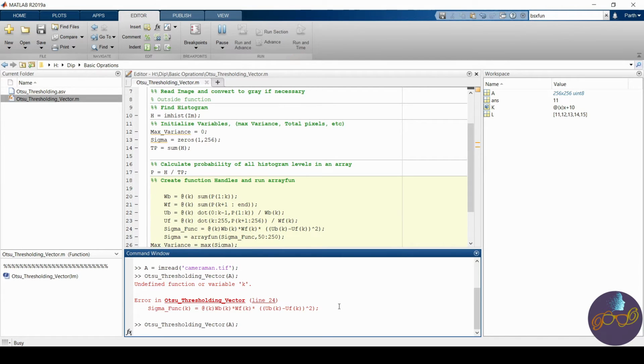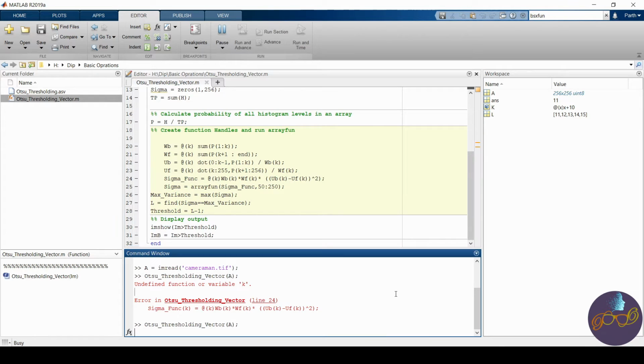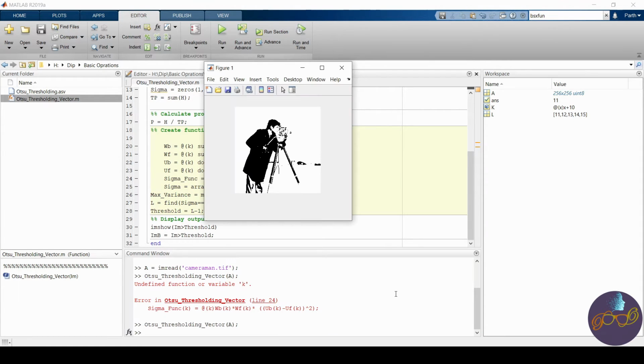I have just started MATLAB, so it is taking a little longer. But I think there are no errors, so it's running fine. Yes, we have the output. Yes, it is thresholded.